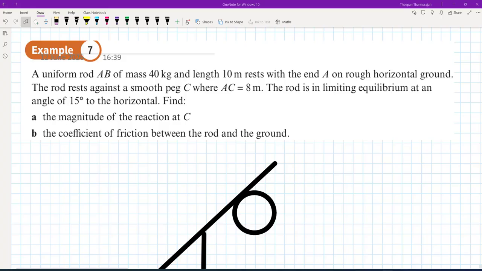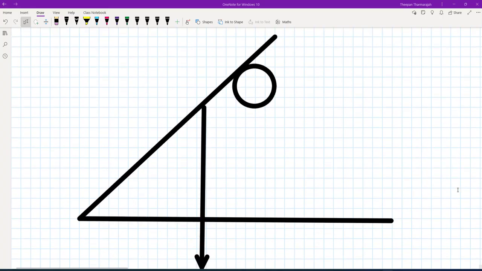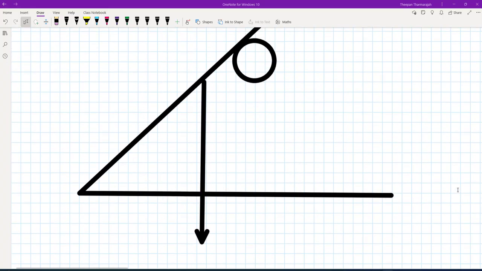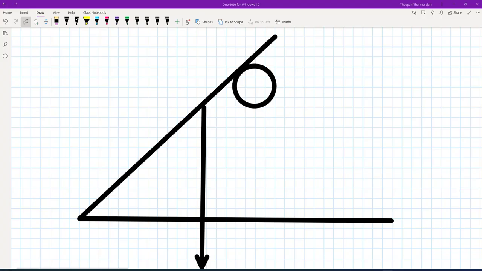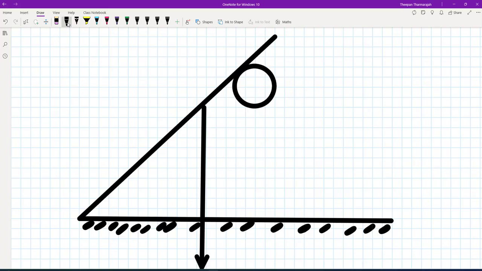So the first thing we ought to do in mechanics is to draw a clear diagram. So here's the rod, here's the ground. It's rough, so let's illustrate that by drawing some lines to show that it's all rough. And then we need to mark in our forces. So we have a normal reaction here,